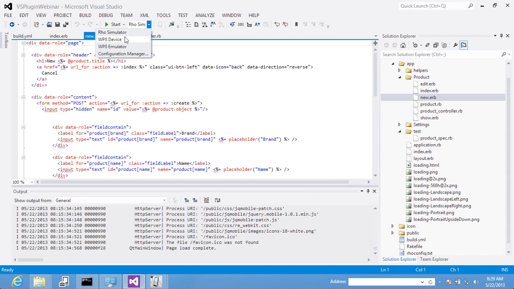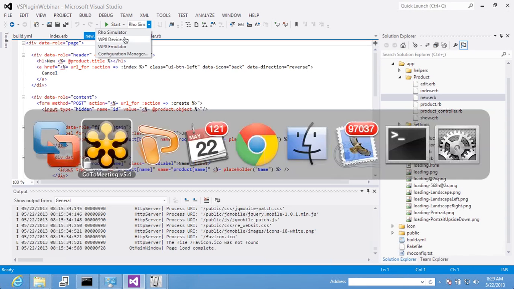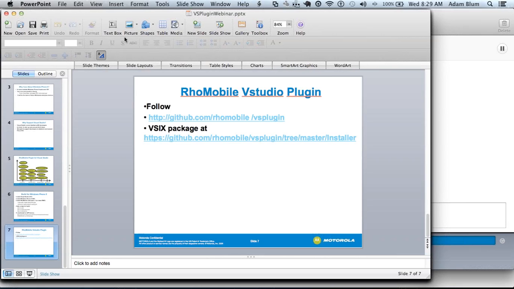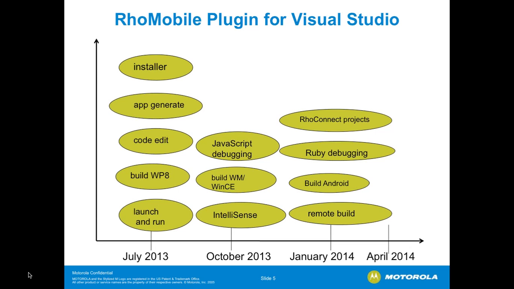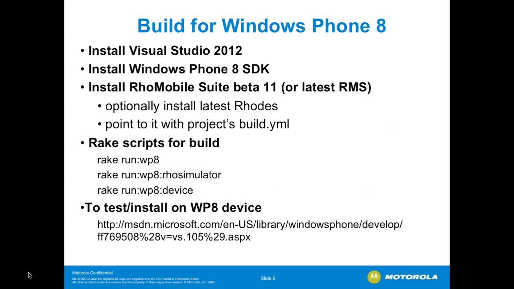Okay. Let's see. All right, so this is when you're, I guess, building a Windows Phone 8 app. Can you run it directly to the device, or do you have to go through some sort of window? Yeah, you can run it directly to the device. Okay. Absolutely. If I pick device here, it will run it on my device. It will fire it up on my Windows Phone. All I have to do is click on that and then click start, and it will fire it up on